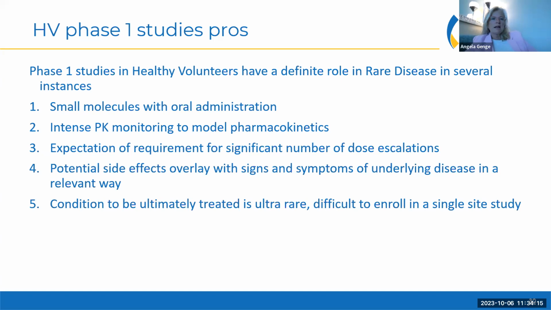So when you look at a healthy volunteer study, you want to be able to use a healthy volunteer study in situations in which the underlying condition may have its own complications, myotonic dystrophy being an example, that would affect your assessment of the adverse events that you are seeing in your phase 1 trial. I think the final, probably the most frequent reason people will do phase 1 healthy volunteer